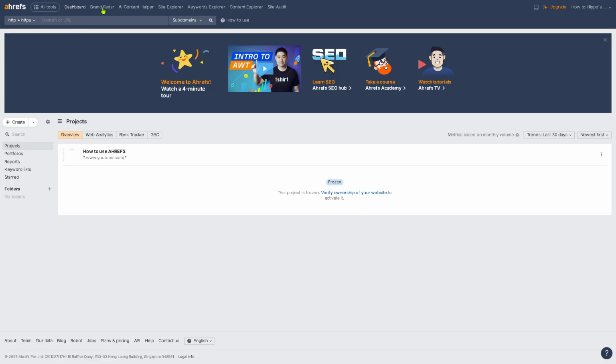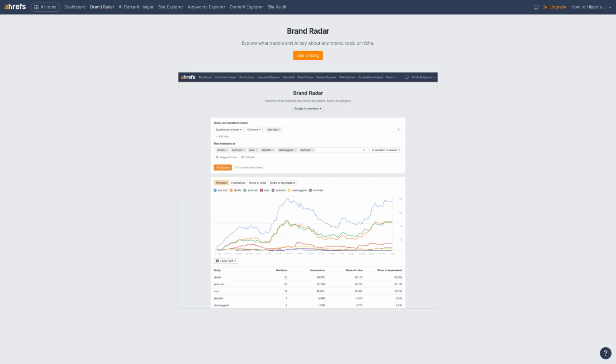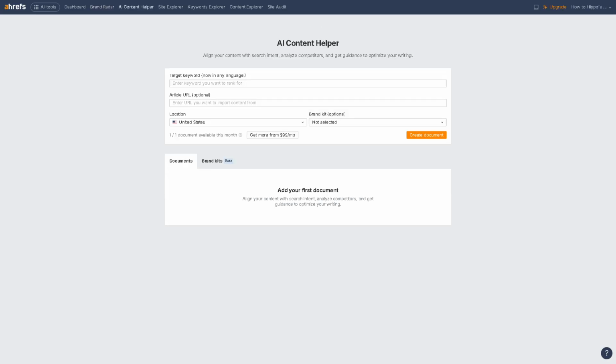Now, the Brand Radar monitors the web for mentions of your brand, all right? For example, if you're using a specific website like youtube.com, you would see all the backlinks for that. You have the brand reputation, thinking of it as your brand mention tracker on the internet. And then the AI Content Helper essentially is the tool that you can use to assist with content creation and